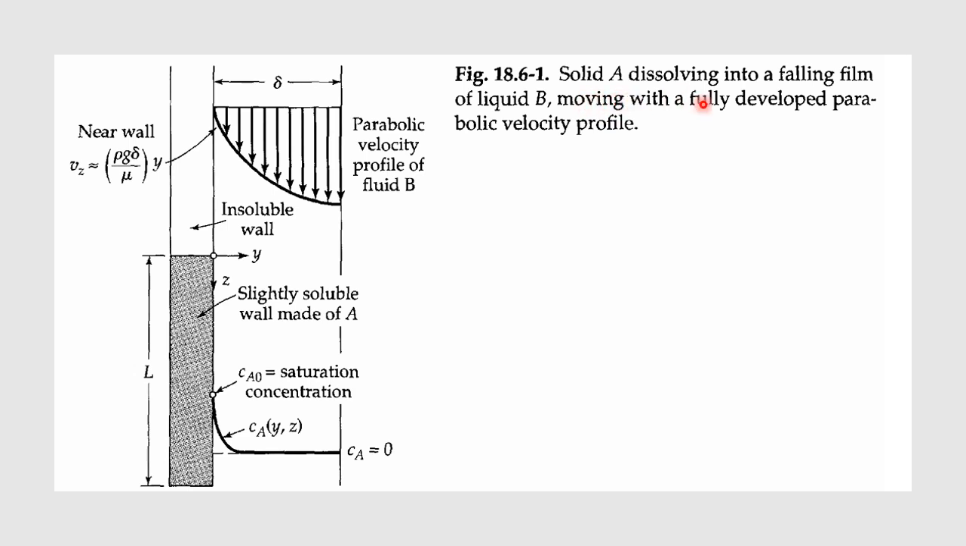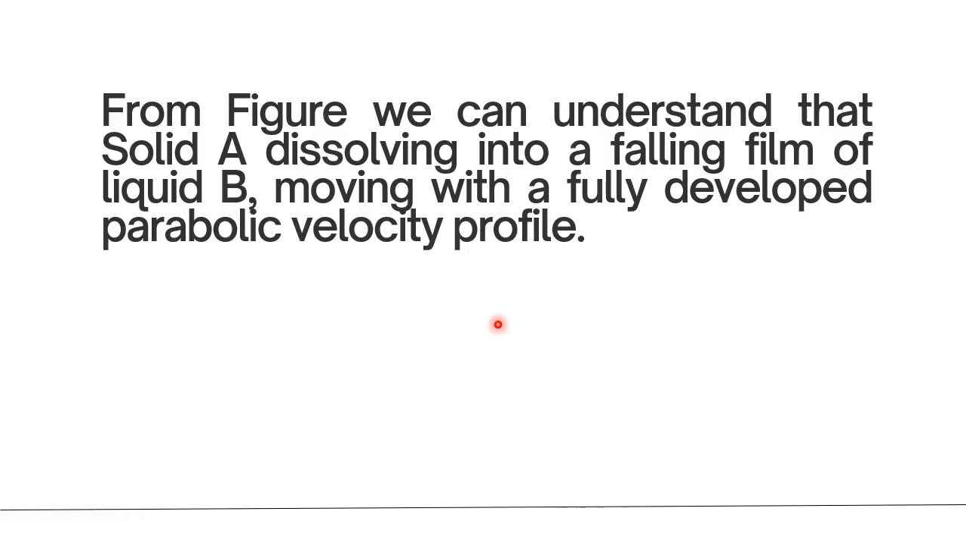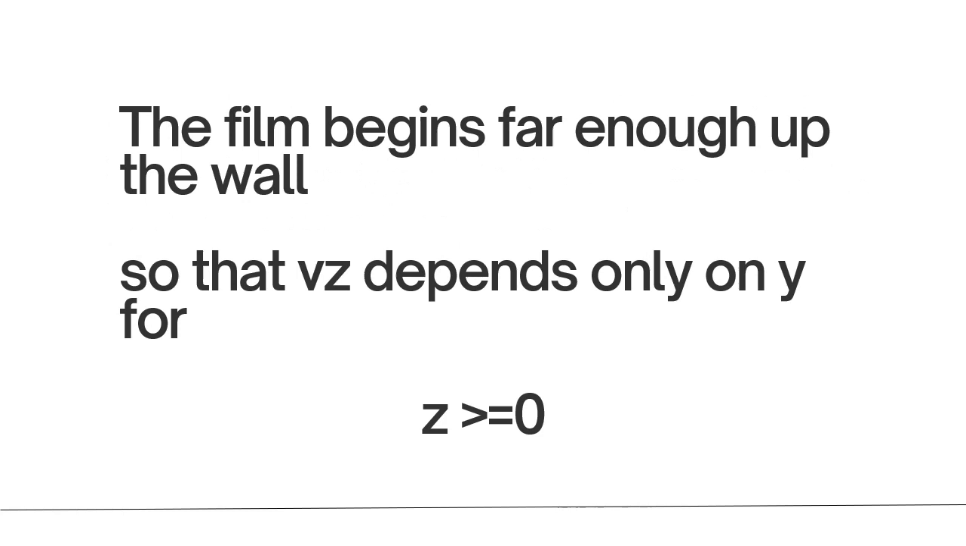Solid A dissolving into a falling film of liquid B. This is liquid B, this is solid A. Solid A is dissolving into liquid B, moving with a fully developed parabolic velocity profile. So this is fully developed parabolic profile. From the figure we can understand that solid A is dissolving into a falling film of liquid B, moving with fully developed parabolic velocity profile. The film begins far enough up the wall so that Vz, here actually Vz means